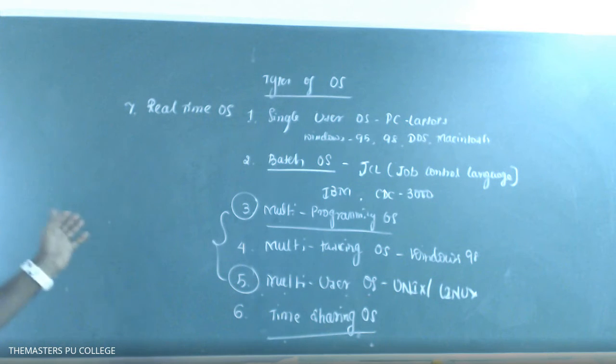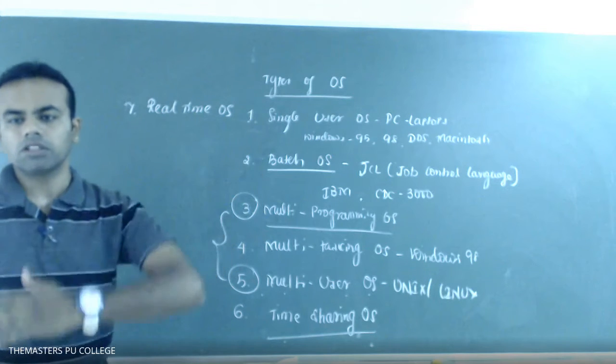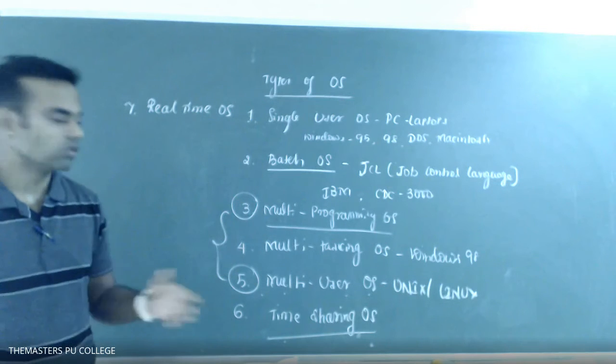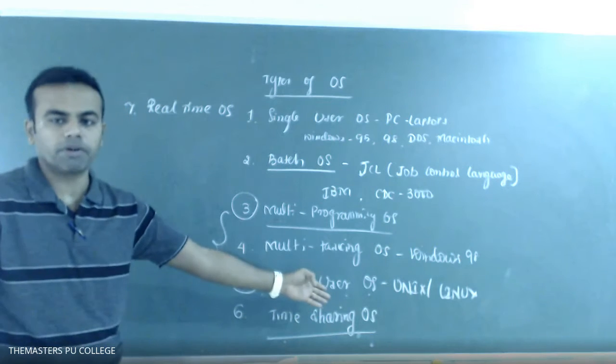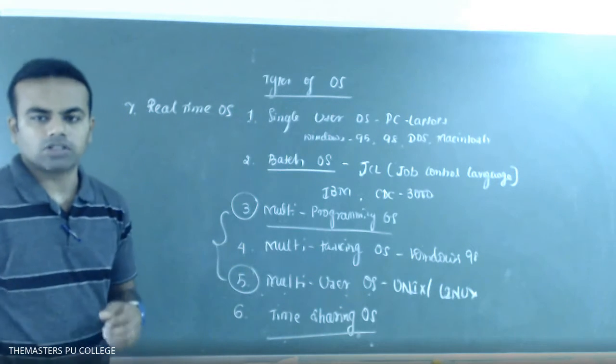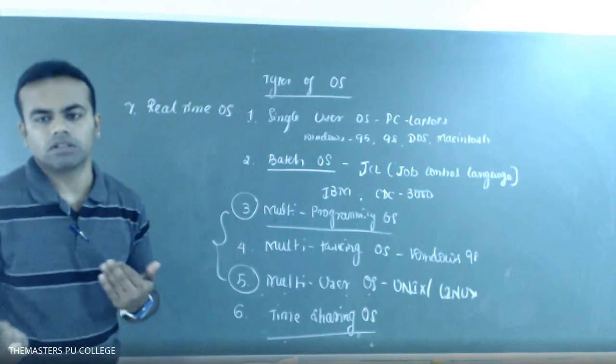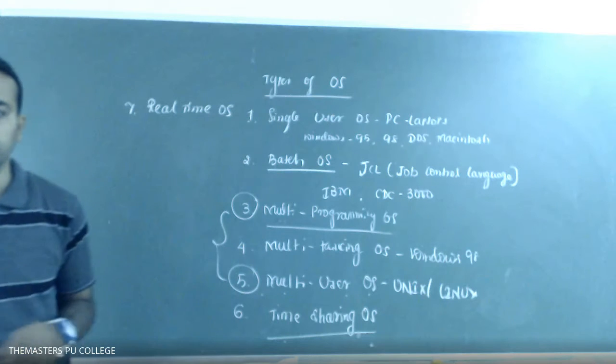For example, in the banking sector, when you deposit, the modified text is automatically reflected. It is a multi-user, multitasking operating system with real time. When you withdraw cash from the ATM, your cell phone automatically gets an SMS in real time.